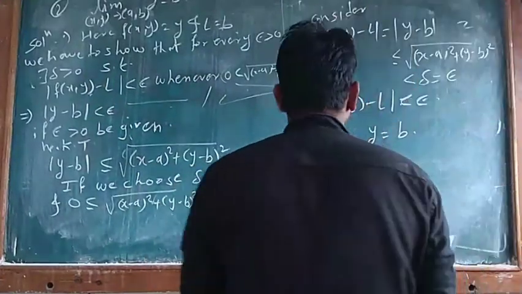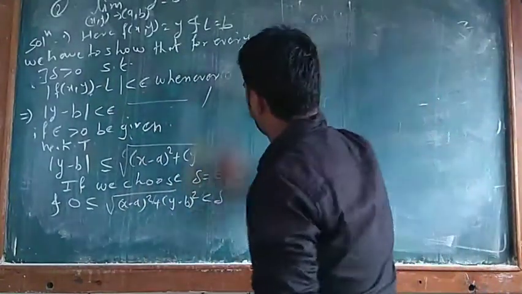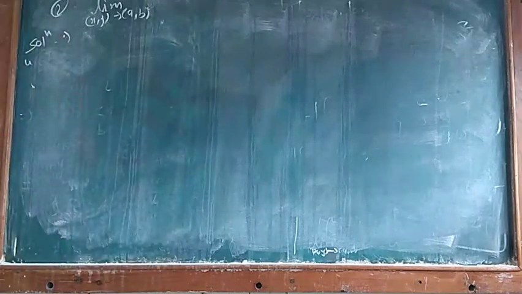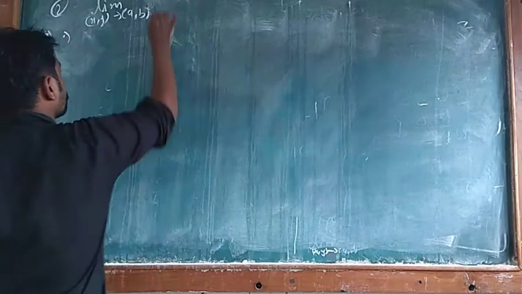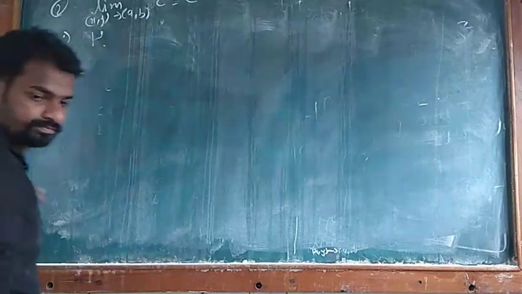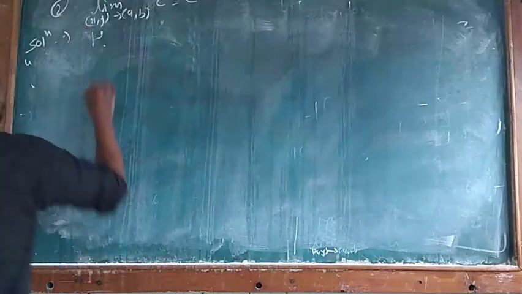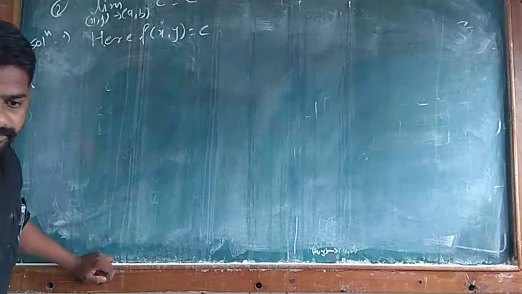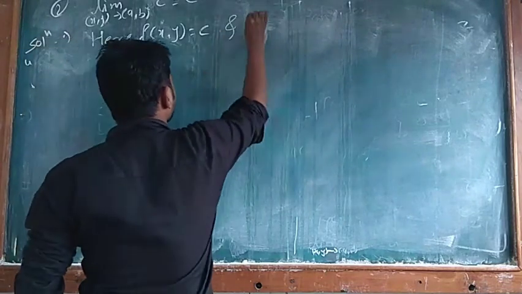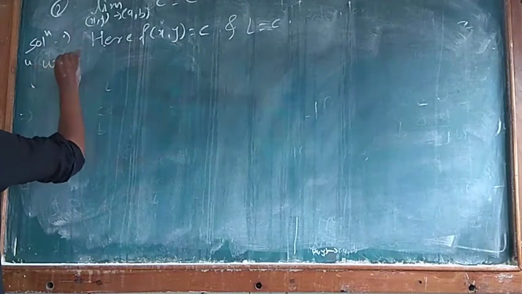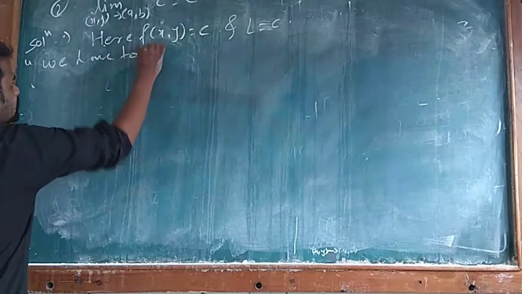Okay. Now we see the next example. Here f of xy is equal to c, and L is also c. We have to show that